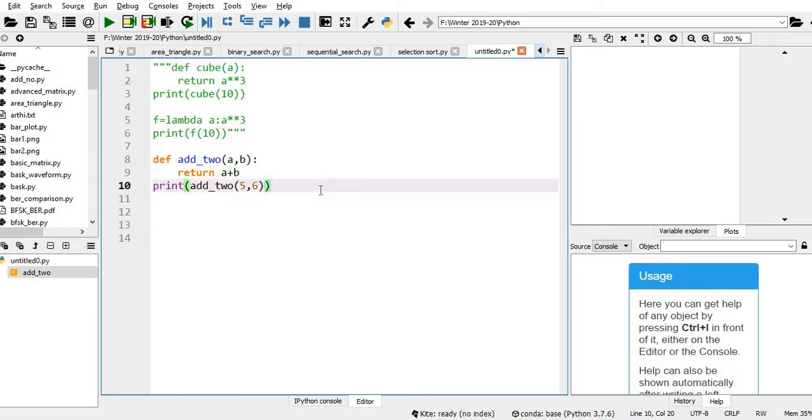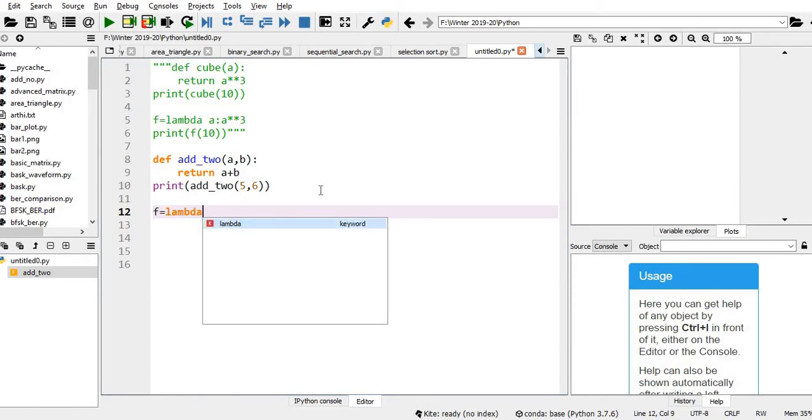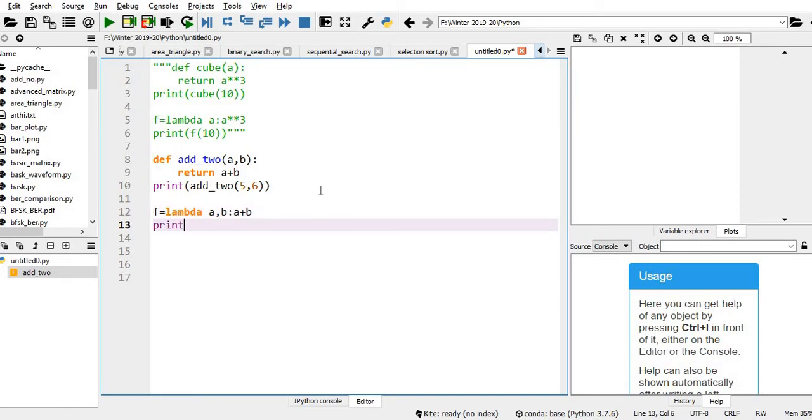Let me do it with a lambda function. So f is equal to lambda a comma b colon a plus b. Print f of 5 comma 6, giving two input arguments. Execute this.